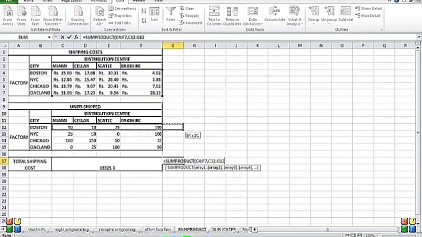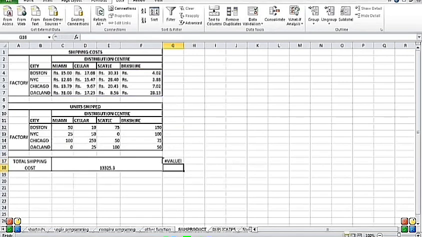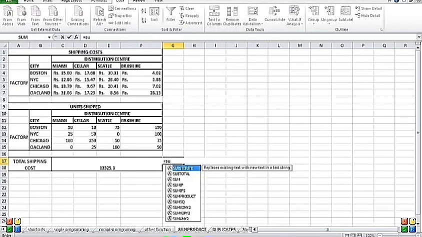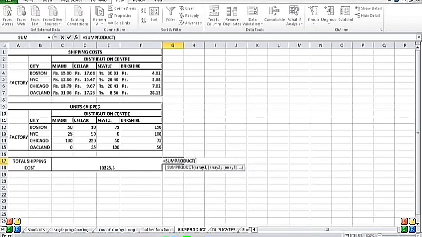When you're using the SUMPRODUCT function and you have two particular values you want to multiply with each other, the rows and columns should be completely the same as in the other one. It should not be different, otherwise our answer comes out differently.